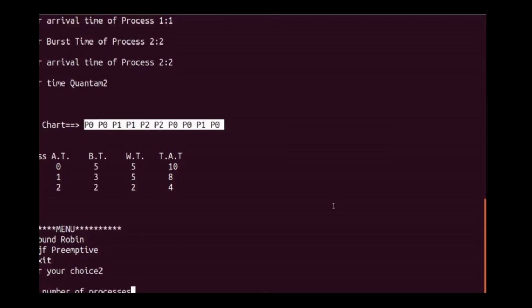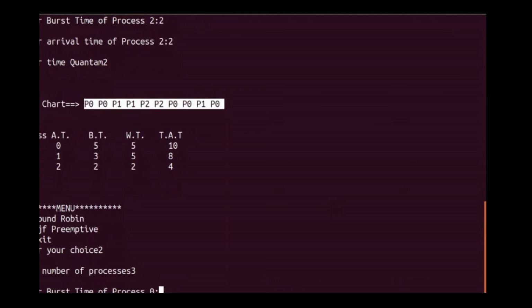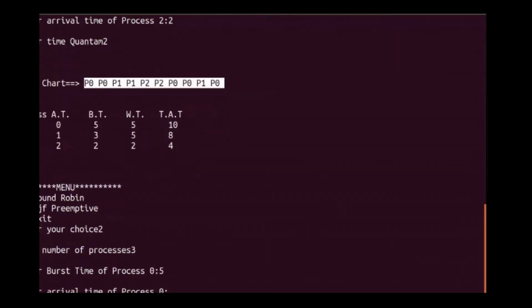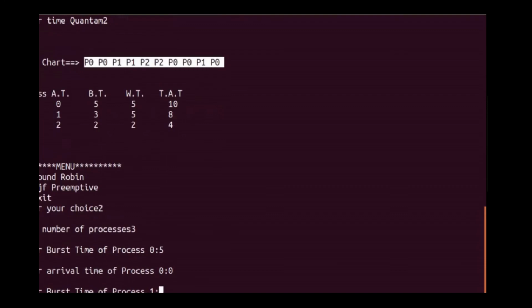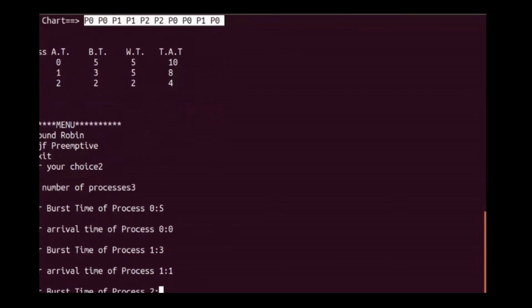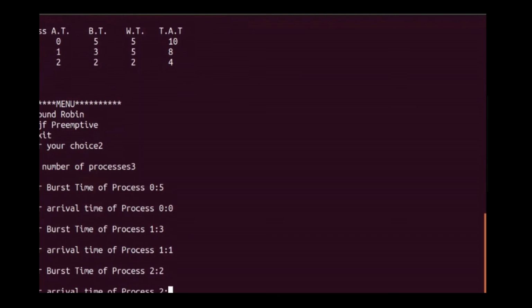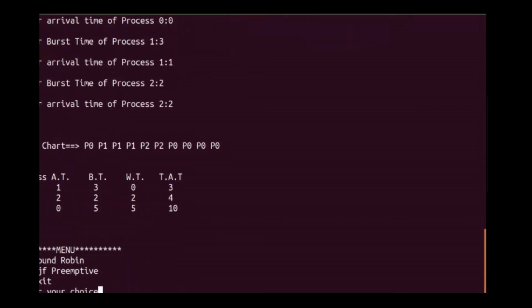Now let us check whether our program is working correctly or not. Enter number of processes 3, burst time for the first process is 5, its arrival time is 0, burst time is 3, arrival time is 1, burst time is 2, arrival time is 2. After putting the input, it gives you the result. Let us check this Gantt chart.